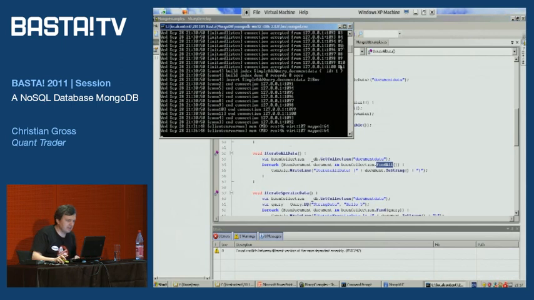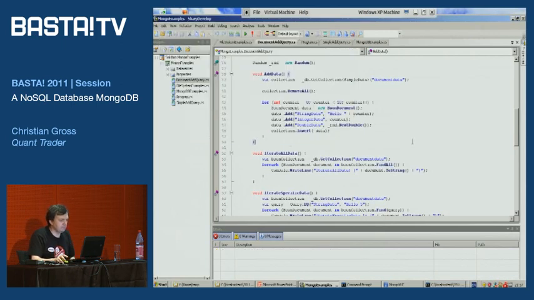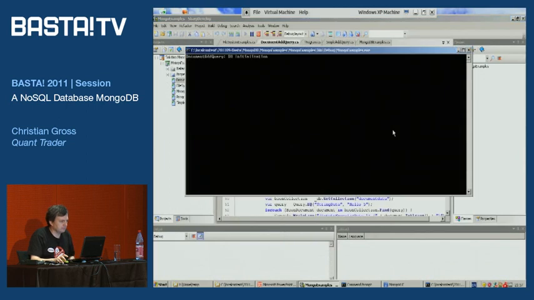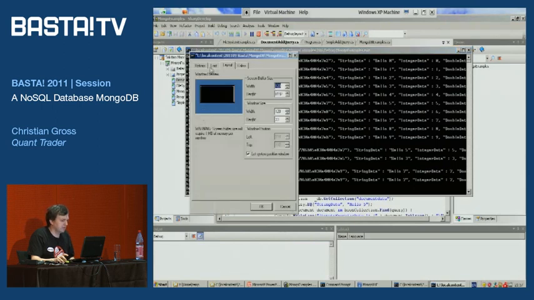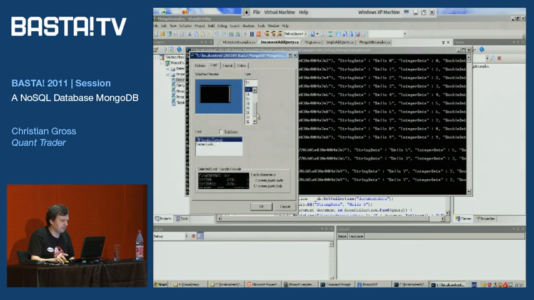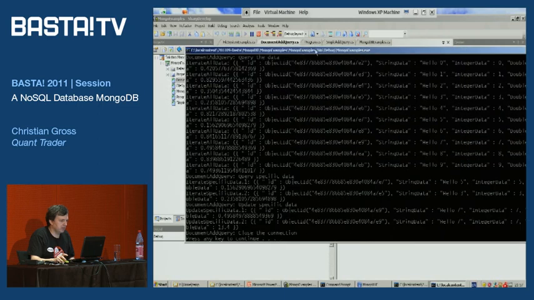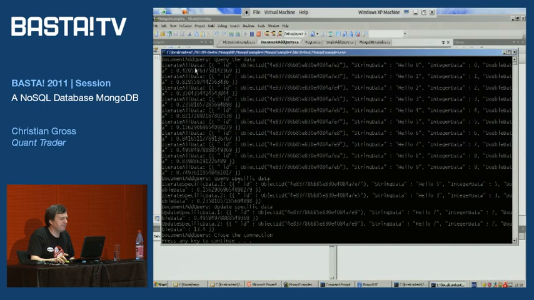So if I actually run this application, here's what iterate all data looks like. Let's change this font a little bit bigger. There. Do you see, iterate all data gives me a JSON document, ID, which is an object ID, string data, hello, integer data, 0, double data, so-and-so a number. Anyone who does any JSON development will look at that and go, yeah, I know what that is.